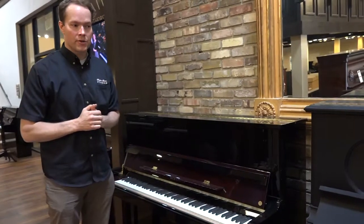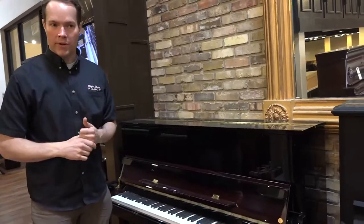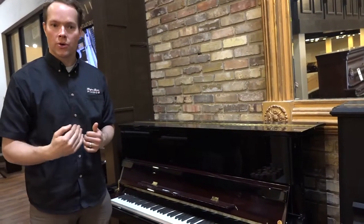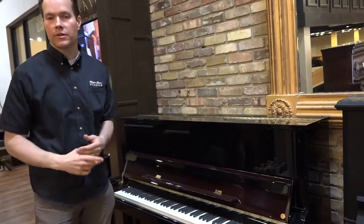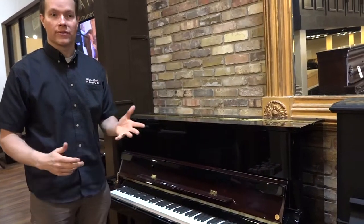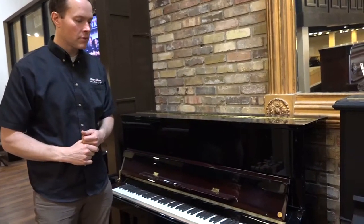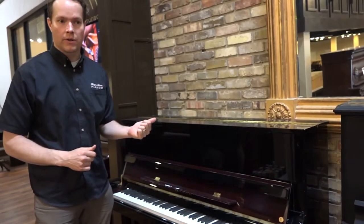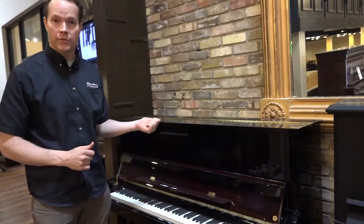Now, are there better pianos out there? That's not the case that I'm making. There are certainly better pianos out there, but the case that I'm making is from a value standpoint. These pianos are so reasonably priced, and they stand up there with pianos that are double or even triple the price of this one. So I would say that they're outstanding when you take price into account,